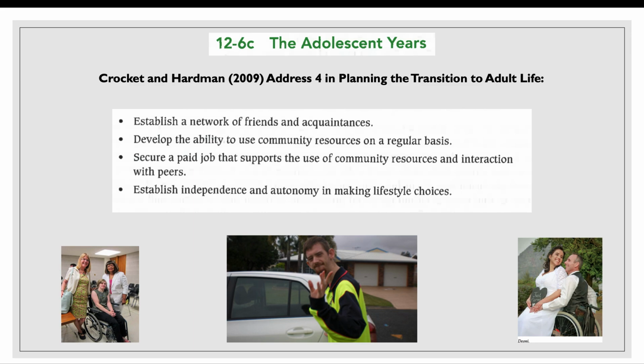some of the pictures that I've posted below. The last one is to establish independence, helping them to establish independence and autonomy in making life choices. Okay, so yes, just because they have a disability does not mean they cannot be married and live a successful life. The student that I told you about, that I took ice skating in her wheelchair, she was able